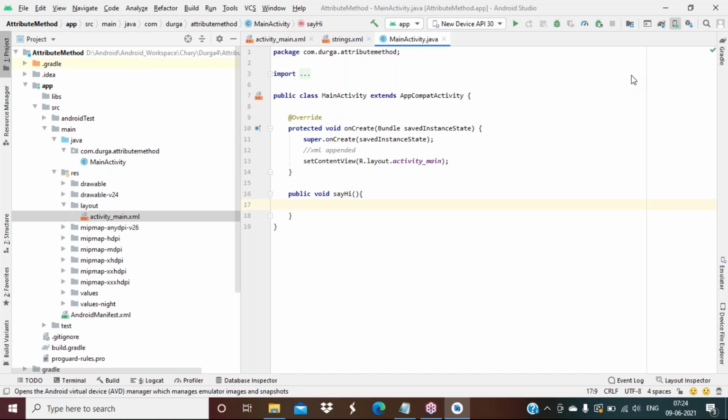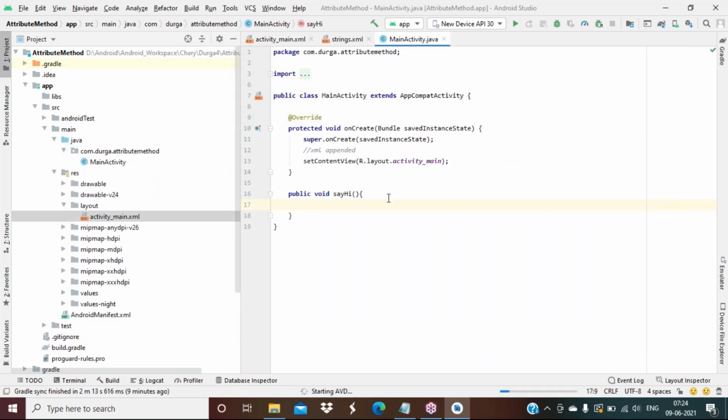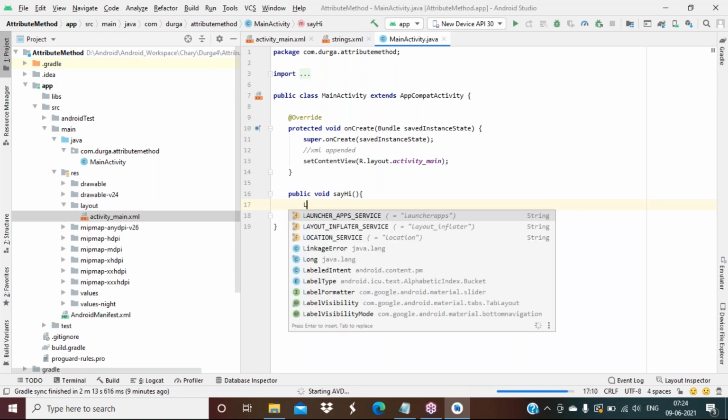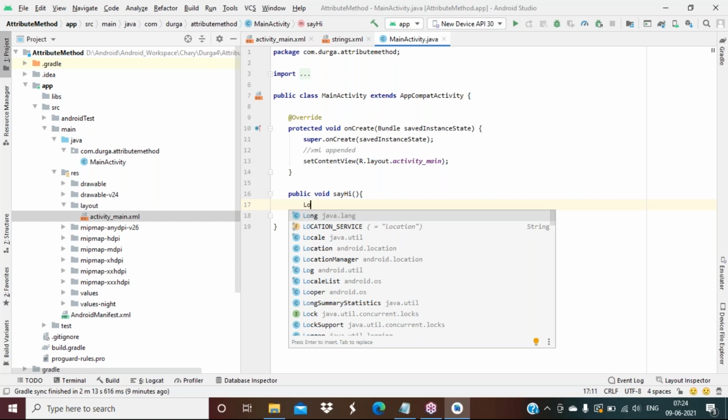It's a method now. Next, in the same way I would like to create another one. Here I would like to write a log message. So tell me how to write a log message. Capital L. Don't type everything on your own, even though you are a very good typist. So, Log.